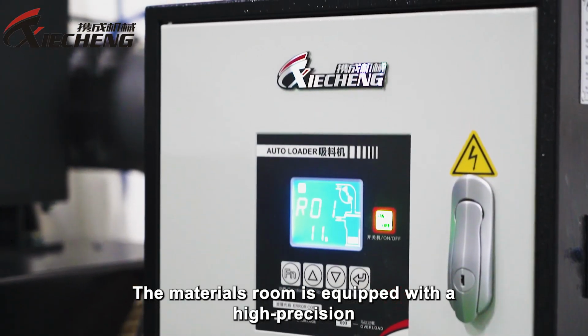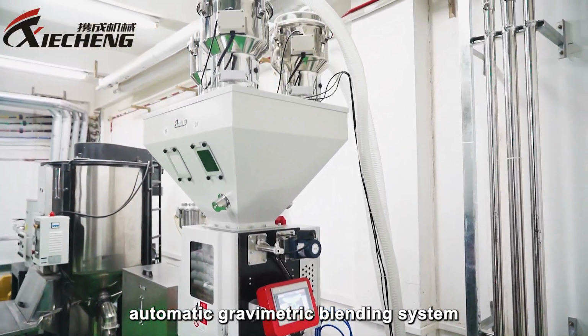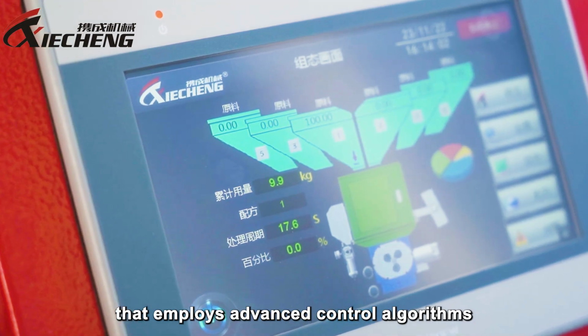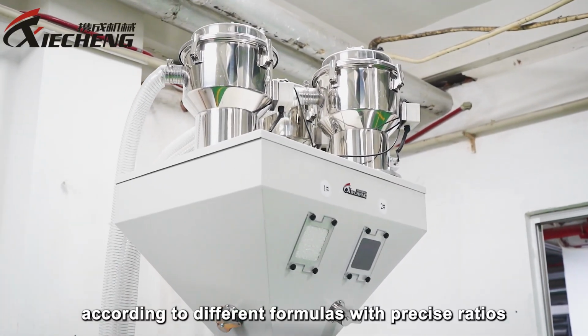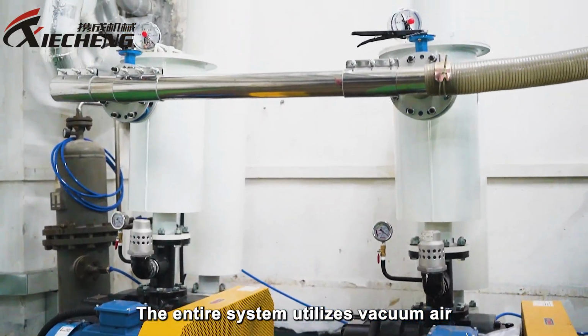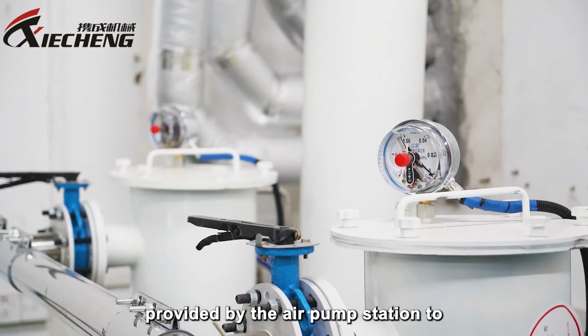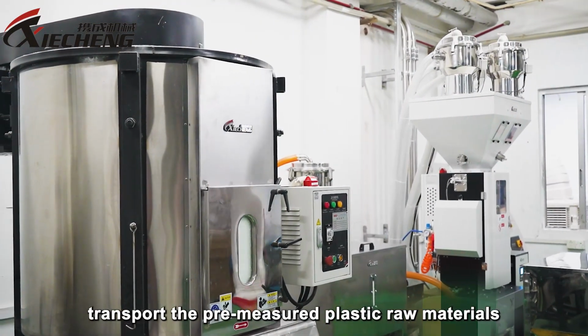The materials room is equipped with a high-precision automatic gravimetric blending system that employs advanced control algorithms. It can automatically mix and blend according to different formulas with precise ratios. The entire system utilizes vacuum air provided by the air pump station to transport the pre-measured plastic raw materials into